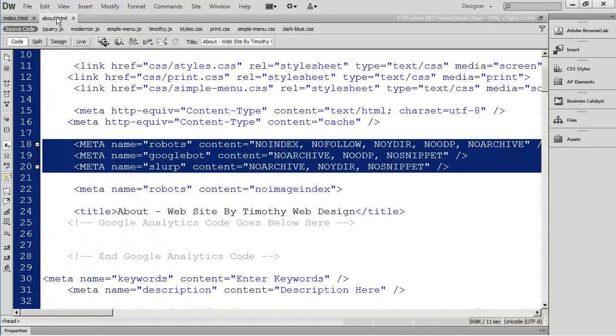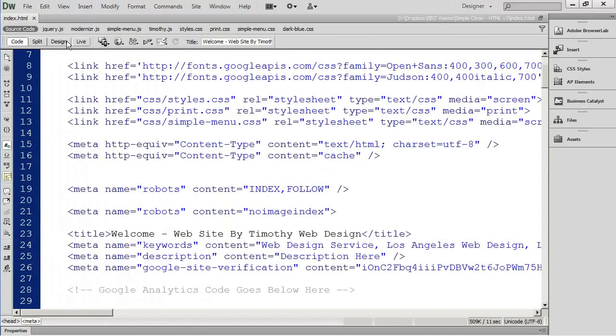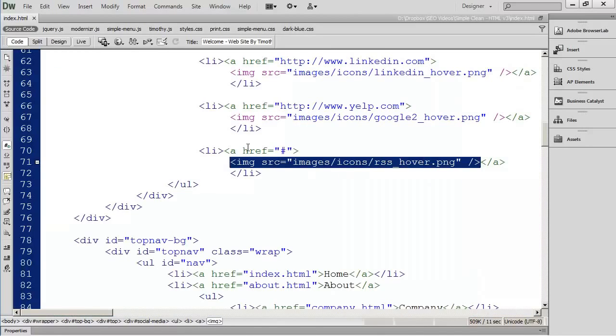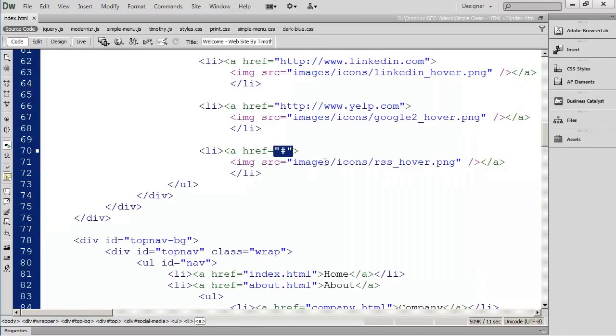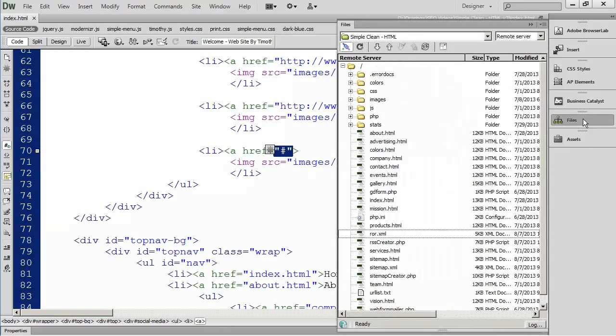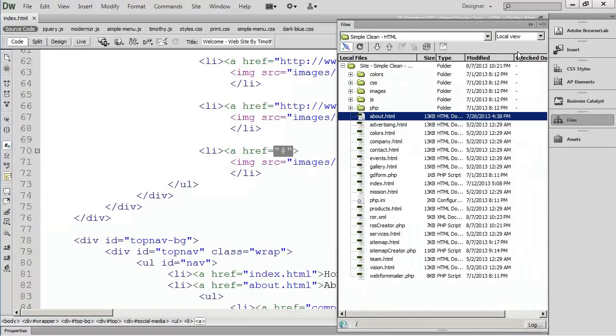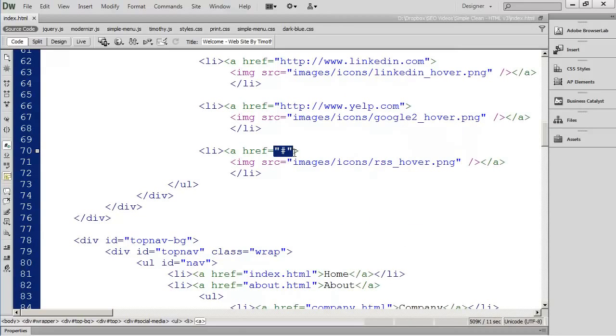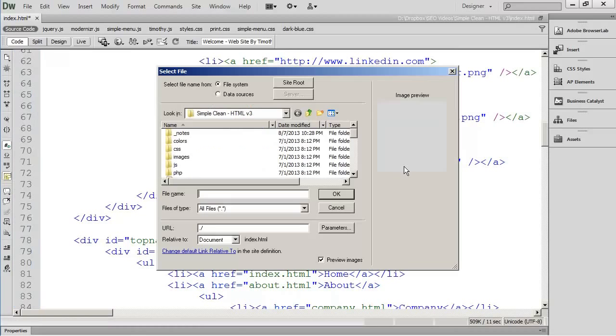And if you have an icon on your website for RSS feeds like I have here, I could very easily go in and add a link to that RSS feed just simply by linking to that file, which very simply, select that file, ror.xml,